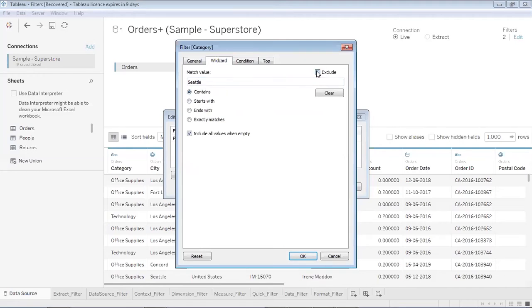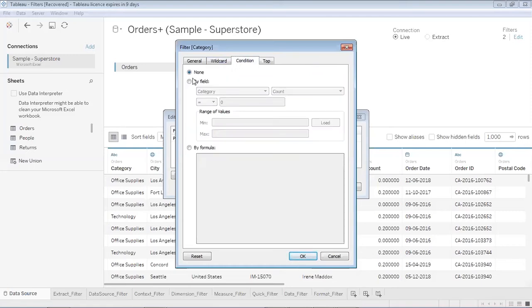If I do this, it will match the values and give me the ones where Seattle is there. Anyways, if you want exact match, ends with, starts with, you can pick out what all records you would like to see. Just mentioning any one value across the multiple columns in a record, and all the records where this value is mentioned would appear or not appear based on the condition you select. So if you do okay, then all those records will appear. If you exclude, then all those records will not appear. For me, I would not like to use wildcard as of now.